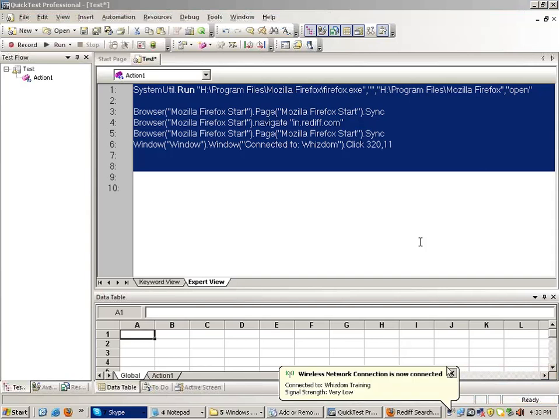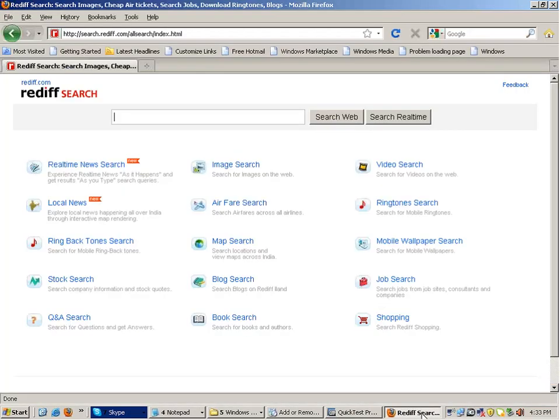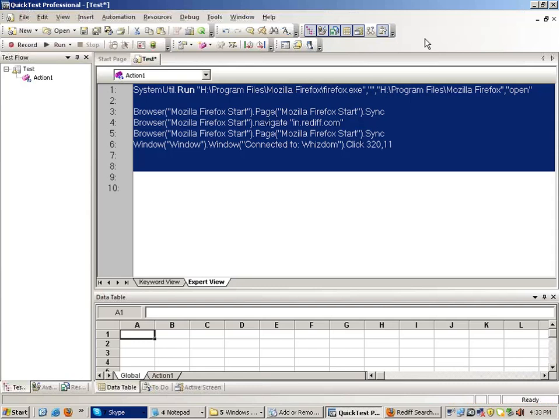So when we open a browser, we look at it with our own human eyes, and we see that this is a button, this is a link. For QTP, everything is an object, and how QTP looks at things, you can experience with the help of something known as Object Spy.